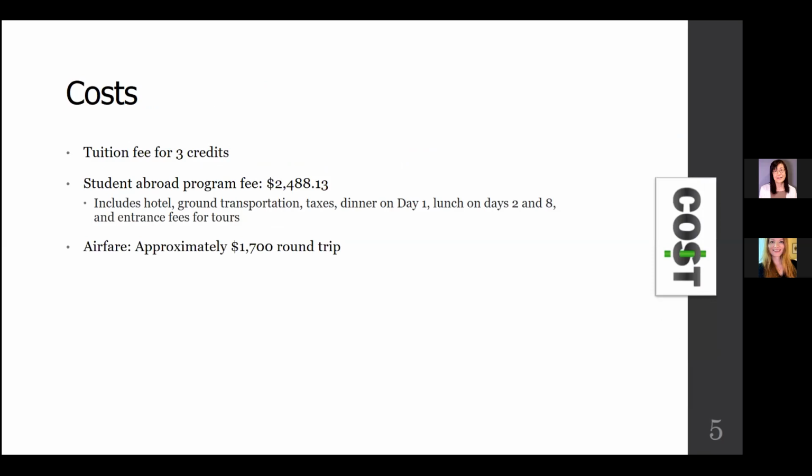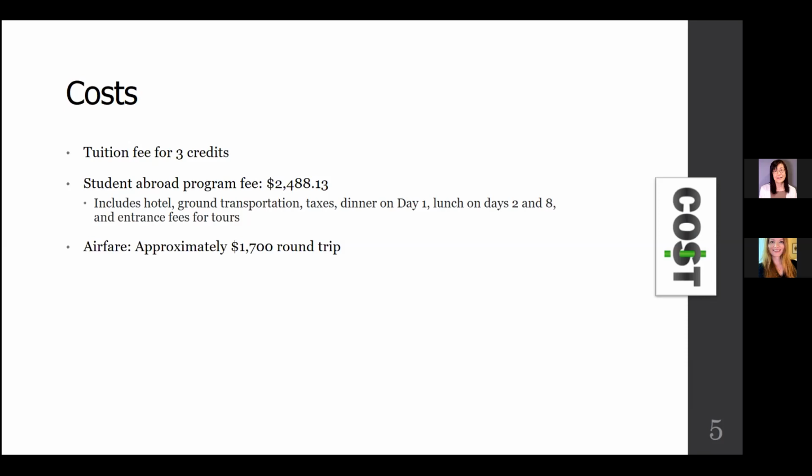And this fee includes things like the hotel accommodations, which oftentimes will provide breakfast every morning, ground transportation to and from site visits from the hotel, taxes. We'll have a welcome dinner on the first day when you arrive. Lunch typically will be on days 2 and 8, and then entrance fees for tours. So that fee includes that.